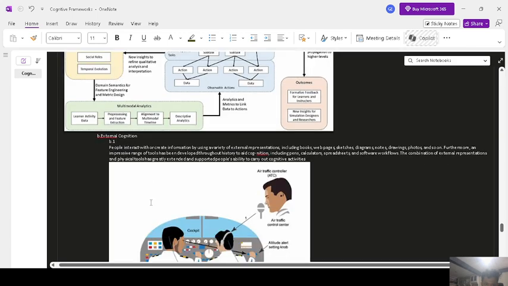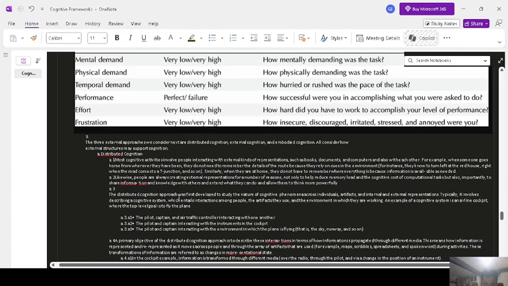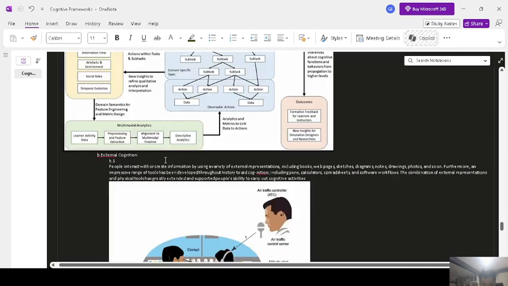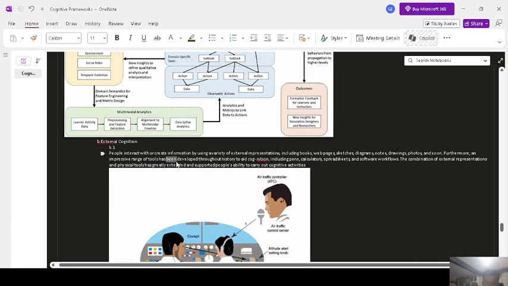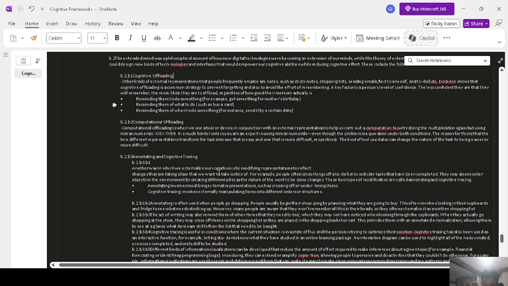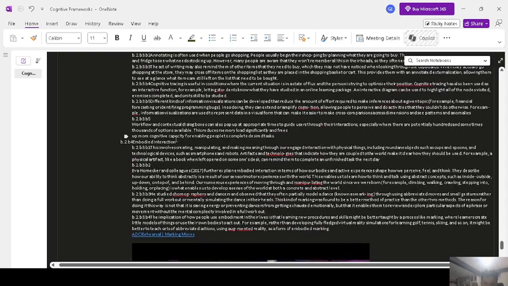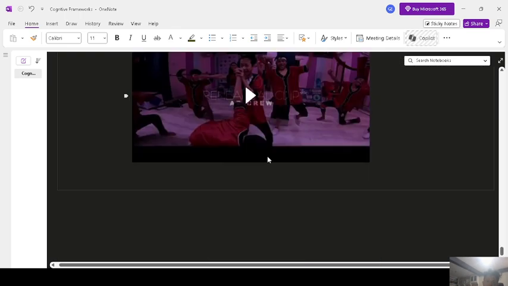How we process information, and then inside that, we do have distributed cognition. We also have external cognition. Within that, we have cognitive offloading, computational offloading, annotating and cognitive tracing, and embodied interaction, which is the last part.